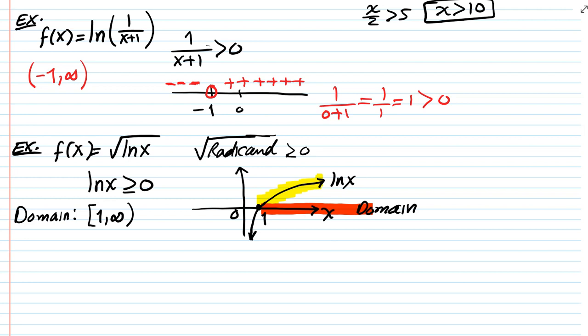From 1 to infinity, the natural log is positive. Another way I could have done it is to write ln of x, which is log base e of x. We want this to be at least 0. Again,